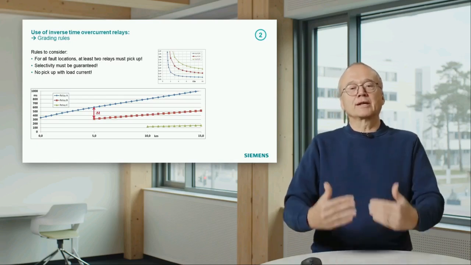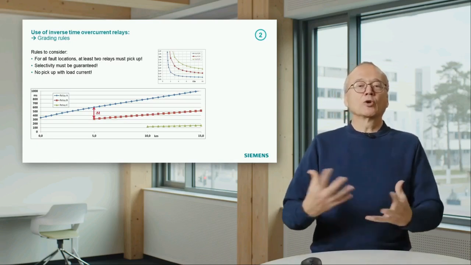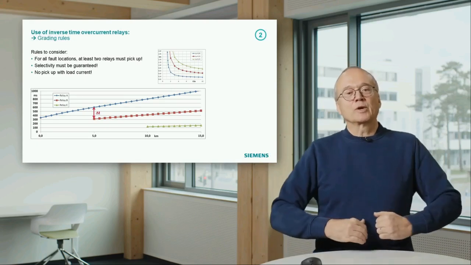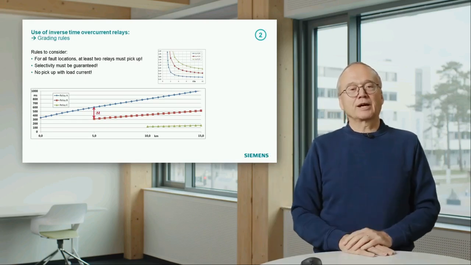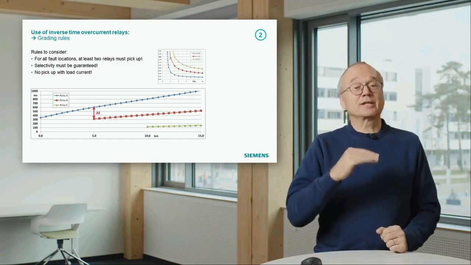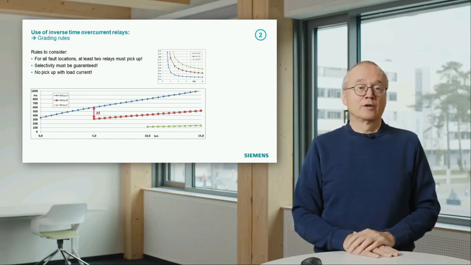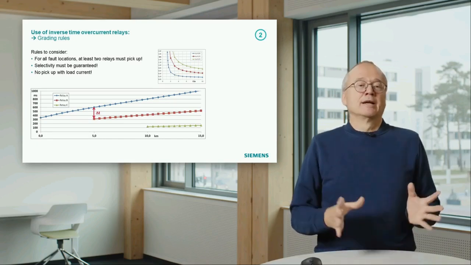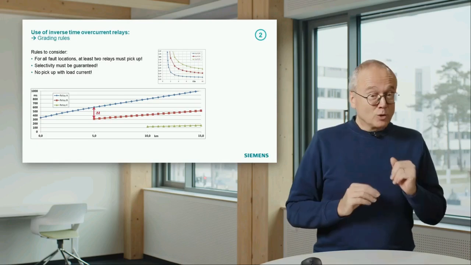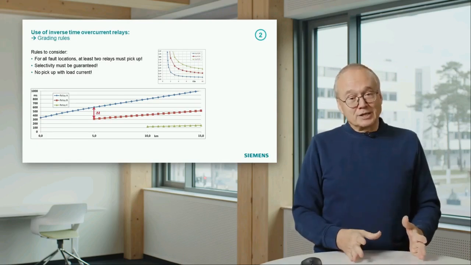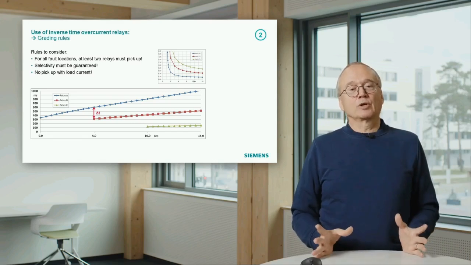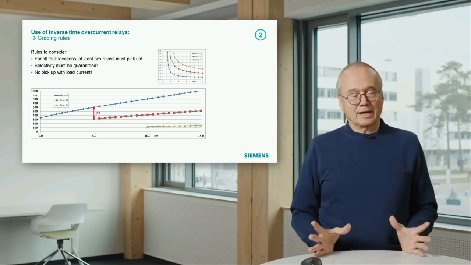If you re-energize that, maybe a lot of aircons will be starting then, which have a pretty high current, and your setting should be high enough to avoid tripping with that current. And you can imagine this looks pretty much simple if you are dealing with 3 relays, but if you are dealing with a big network with 100 relays,